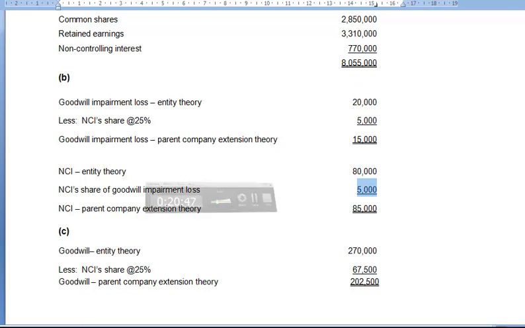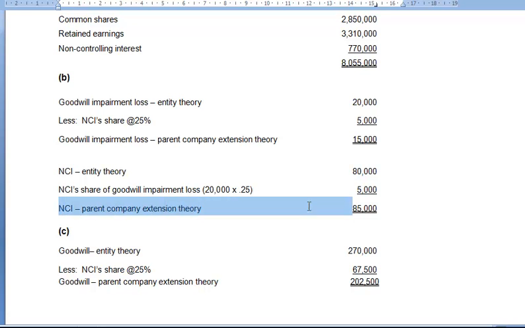Don't forget, the 5,000 is where? Don't forget the impairment loss for the year was 20,000 times 25%, right? So that amount is not going to show up, right? So therefore, NCI under the parent company extension theory would be 85,000, because don't forget, under the entity theory,